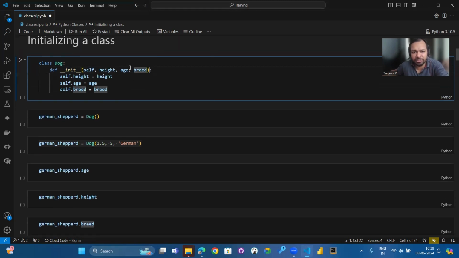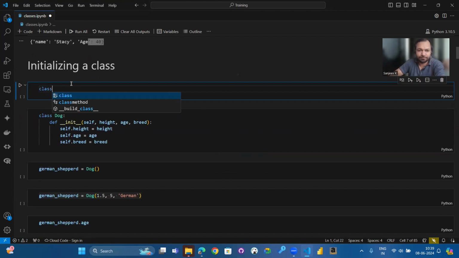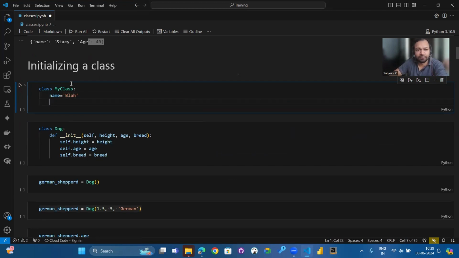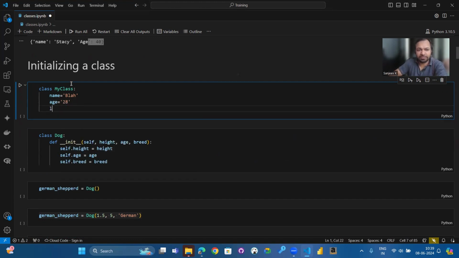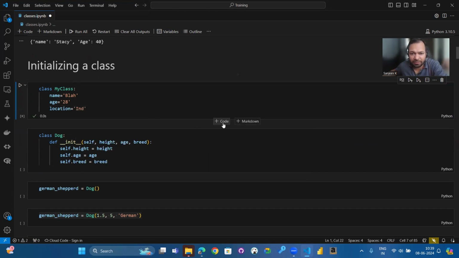You don't have to use the init function. Say, for example, I have a class, and in this I say this is my class, and in this I can say name is equal to blah. I can say age is equal to say 28, and then I can say location is equal to say India. Okay, and then when you have initialized it, you can say